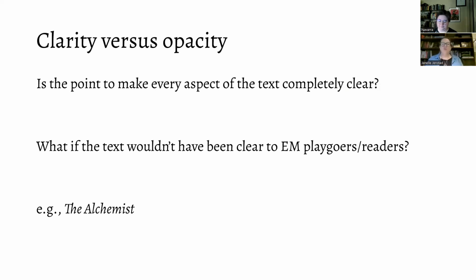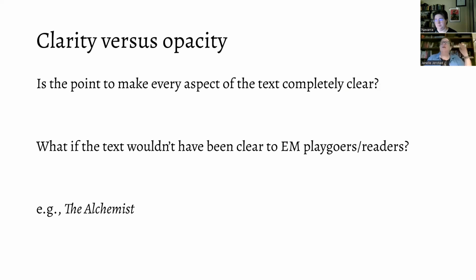But put yourself in the shoes of Abel Drugger or Little Dapper or Epicure Mammon. They don't understand what this pseudo alchemist is saying. And that's precisely the point. It's supposed to be kind of a wall of words. So I think that we can think about doing different things with our annotations other than making things completely clear.